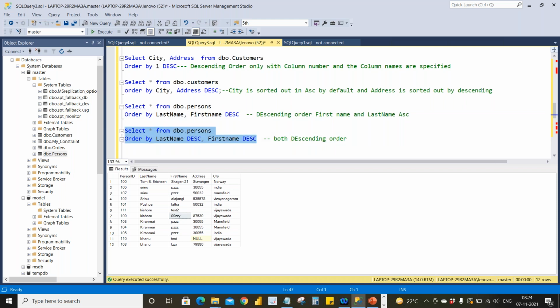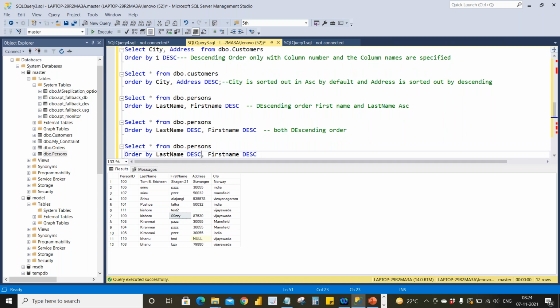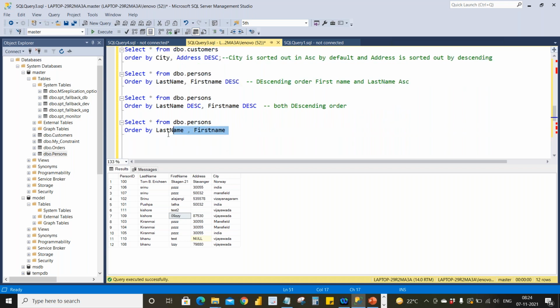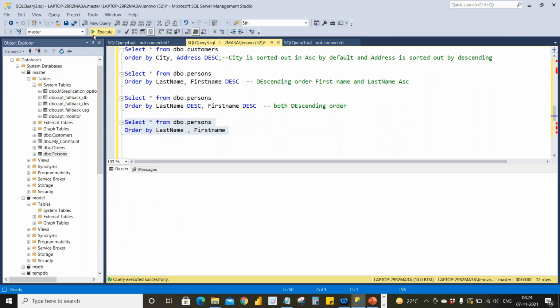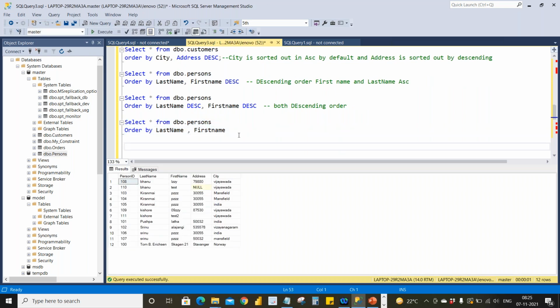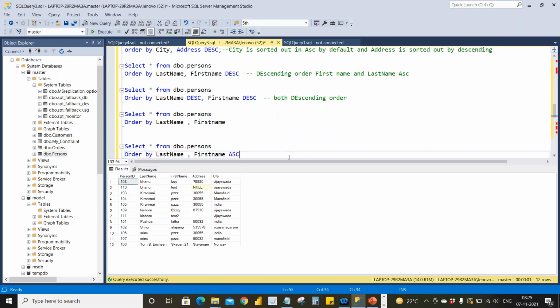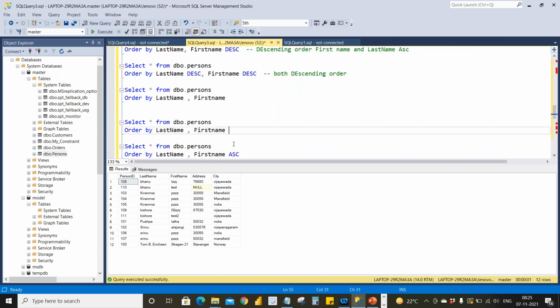If you are sorting in ascending order, then there is no need to mention it twice, because by default it will take ascending, right? So no need to mention it at the last either. So this is same, and this is same, and this is also same.